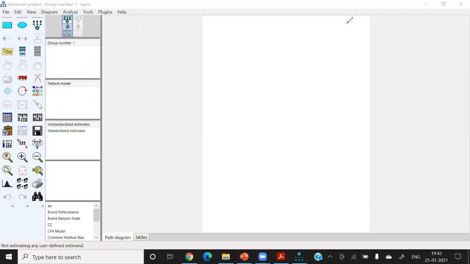Okay, now I'm going to the steps. We are going to start AMOS, how to learn AMOS. I know that most of you are at a very basic stage, so listen carefully. When you open this page, first of all, you have to add the data file. This icon is the A8 icon, or select data file icon. First of all, we have to add the data file from here.